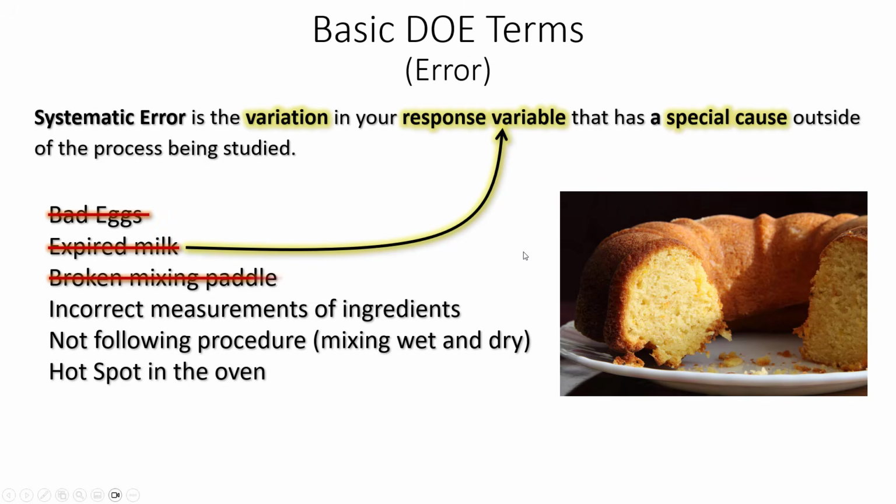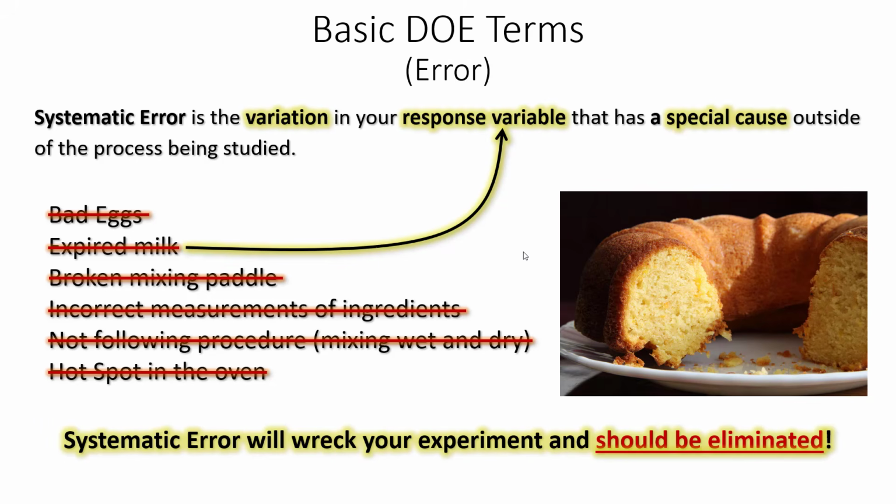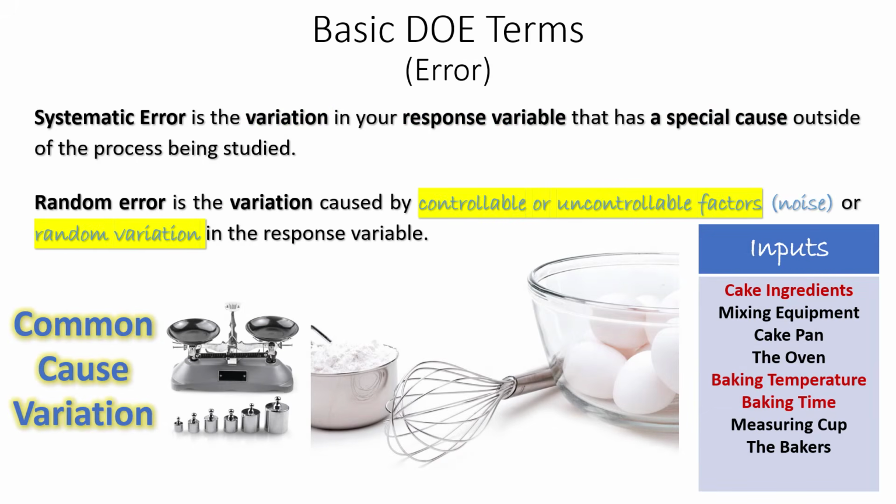And your job as an experimenter is to eliminate systematic variation. This will completely wreck your experiment, and it should be eliminated. You should make sure before you ever run an experiment, you're not using expired milk, you're not using bad eggs, your mixing paddle is not broken, everyone's following procedure, you don't have hot spots in your oven. Make sure to eliminate all of that systematic variation. Okay, that's number 1. The other source of variation is a little bit tougher to deal with, and this is